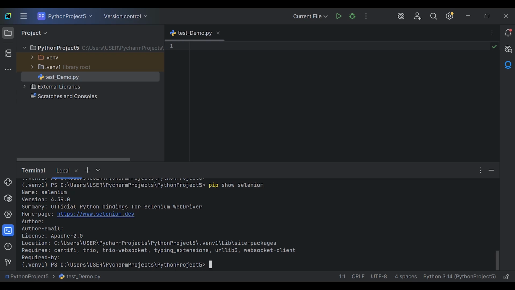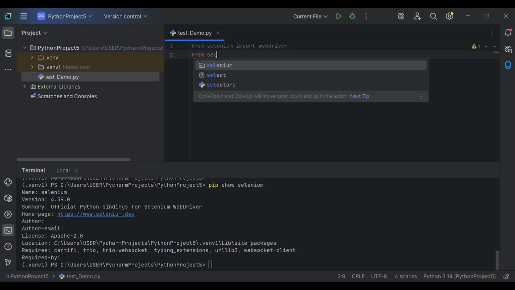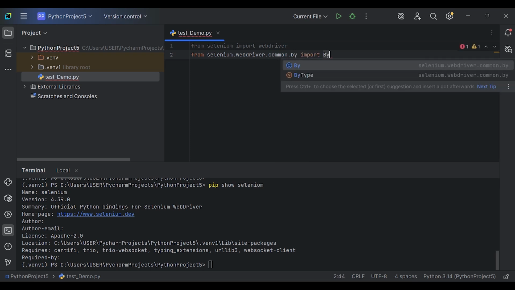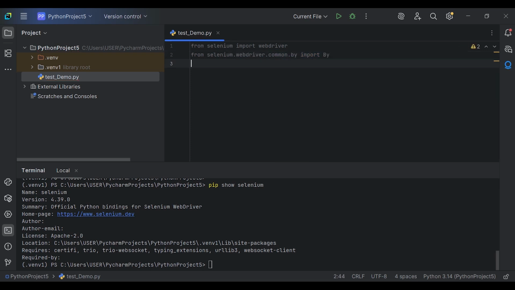Now I will explain step by step how you can write the test. We will write a basic test now. First, here, import webdriver from selenium. Import webdriver from selenium.webdriver.common.by, and then import By for getting elements. Now import Service for installing the browser from selenium.webdriver